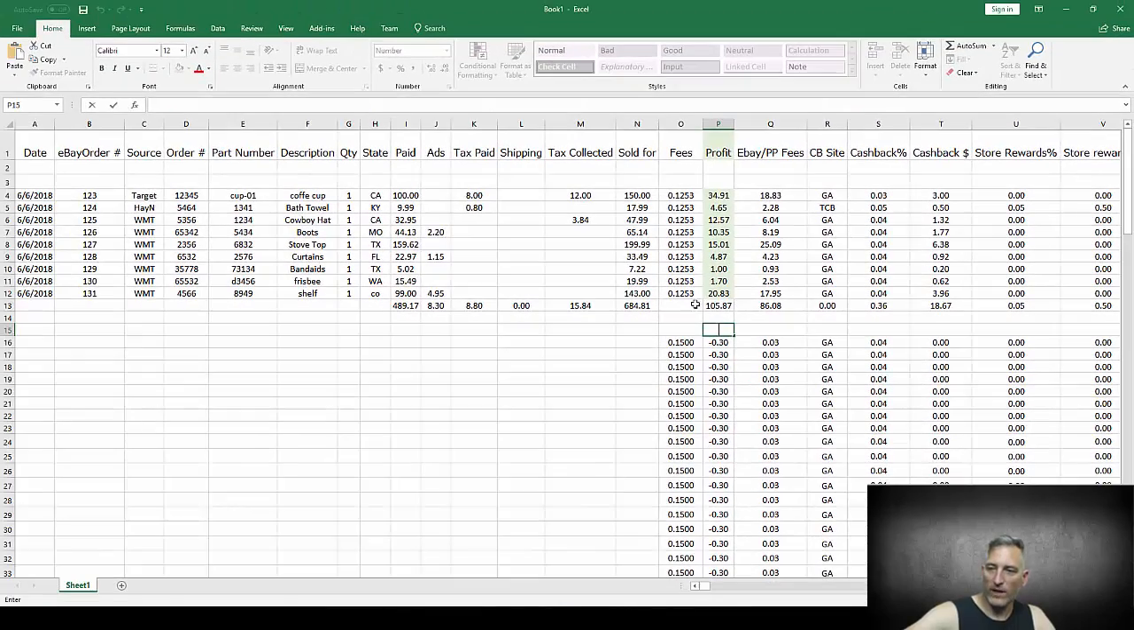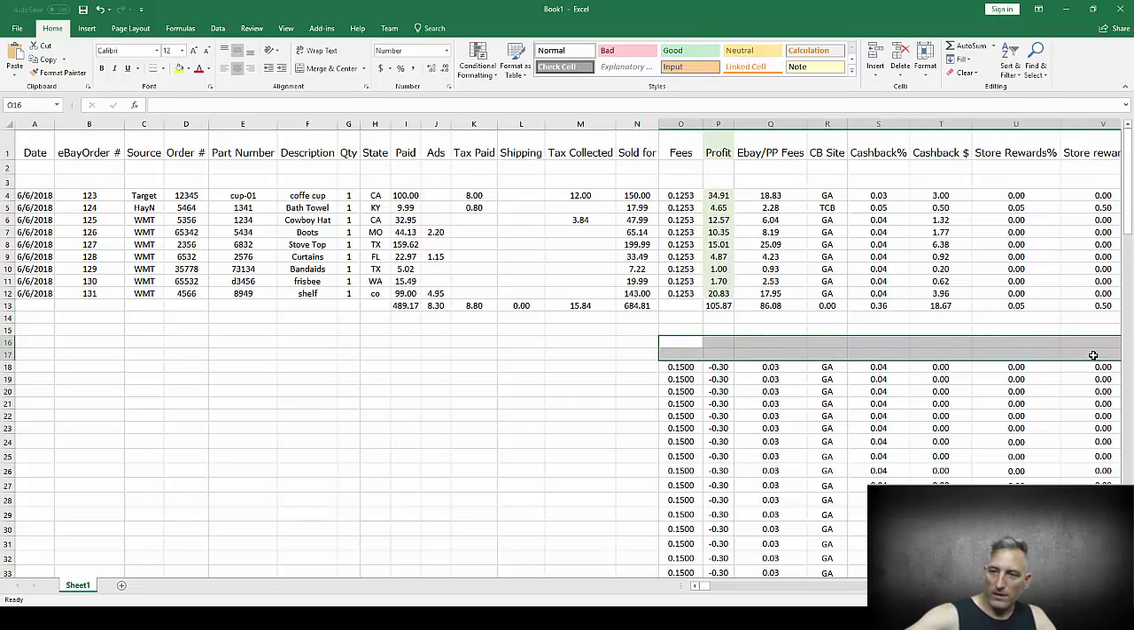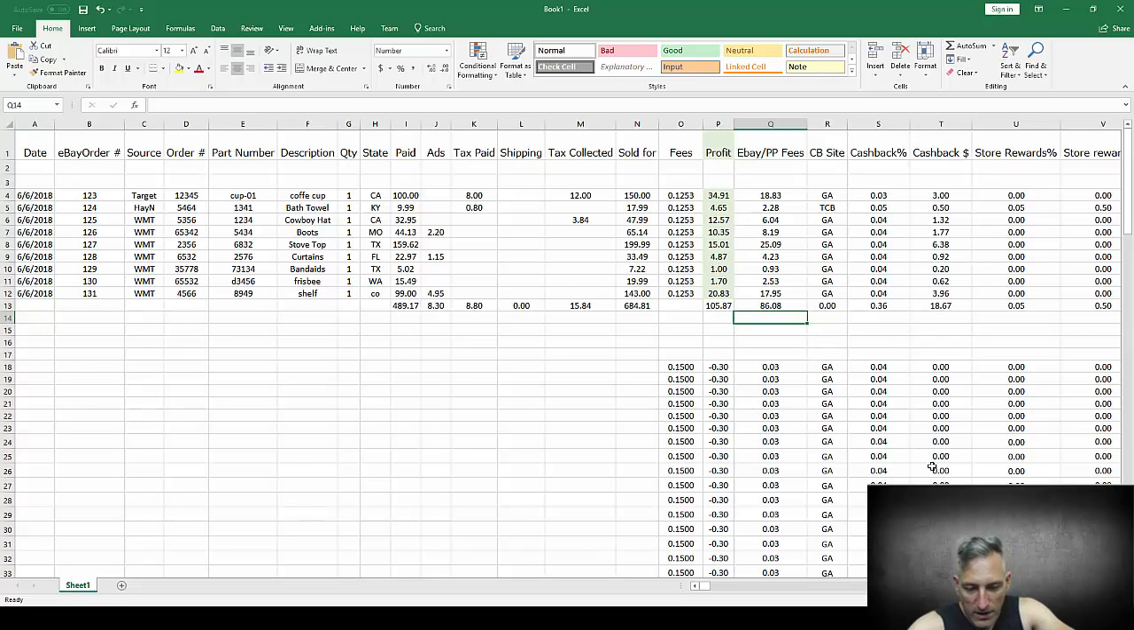So at the end of the month, we made $105.87 in profit. And we also made $18.67 on cashback and then 50 cents in store rewards. So this will show you your actual profit on eBay. And then what I'll do is I'll come over here and put in, just so I have the notes for it, I'll say